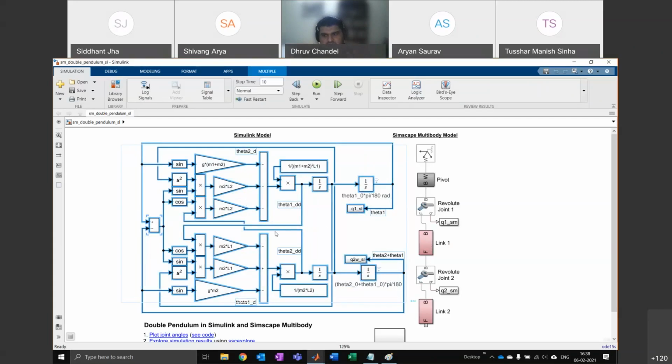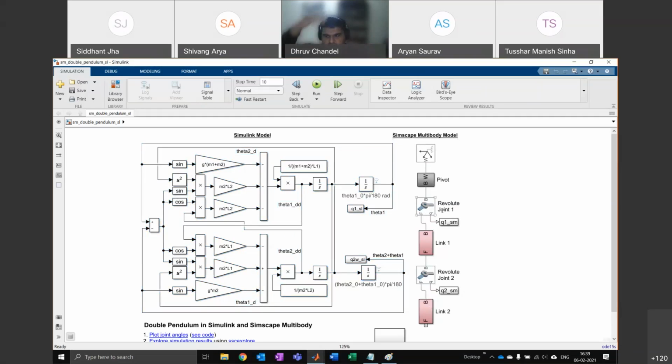Even Simulink, this powerful tool, fails at that point because we can't do the connections easily enough. But with Simscape Multibody, all you have to do is connect the joint, connect the body, connect the joint, connect the body, and the whole thing just works easily. I'll show you a double pendulum, and then I'll show you how to get to a much more complex system from that.